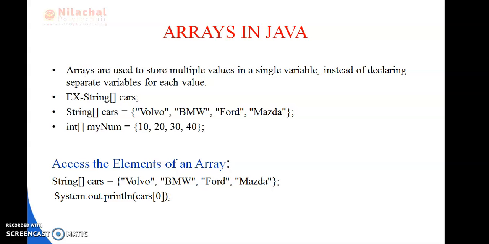What are the advantages of arrays? The advantages of arrays are code optimization and random access. What is code optimization? It makes the code optimized, as we can retrieve or sort the data efficiently. What is random access? We can get any data located at an index position.